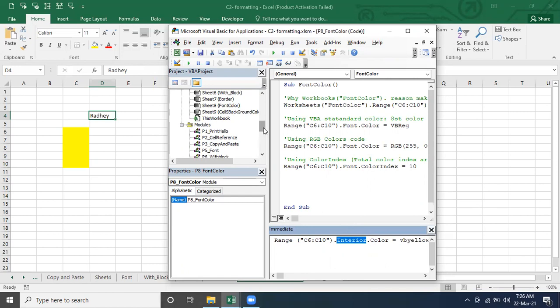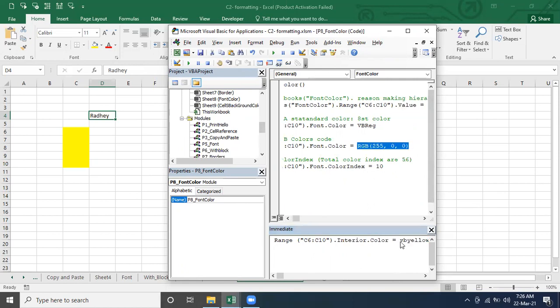And other options you are aware about. You are not going to ask, okay, what is a VBLO? So there are eight standard colors. You can pick any one of these, or you can pass the RGB value, or you can pass something else.